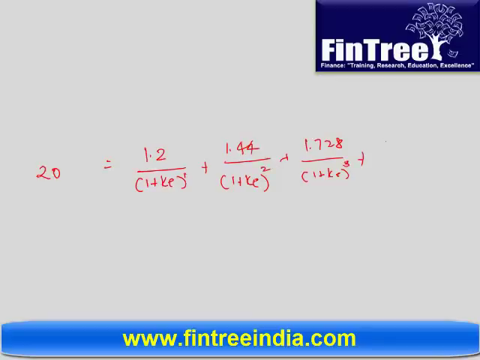Next, 1.987 divided by (1 plus KE) raised to 4, plus 1.285 divided by (1 plus KE) raised to 5, plus